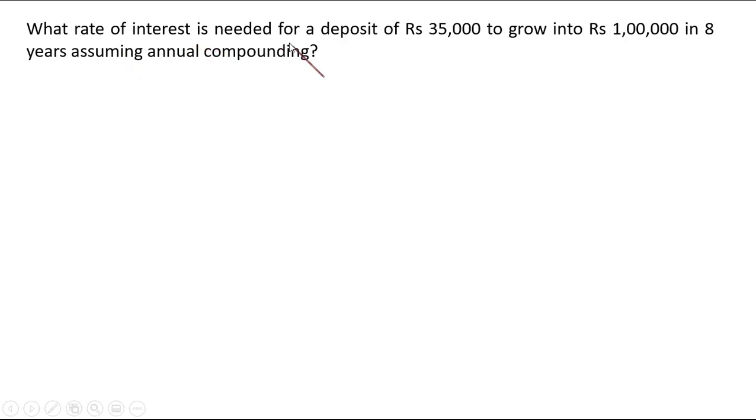What rate of interest is needed for a deposit of 35,000? Again, the present value is 35,000, that's the principal, to grow into 1 lakh rupees, that's the future value, that's the amount I'm going to get after 8 years, assuming annual compounding. So the only difference is that we have a different future value this time. So 35,000x is equal to 1 lakh. So the value of x is